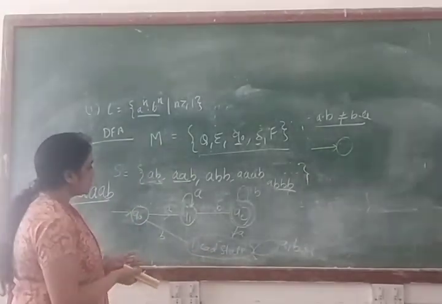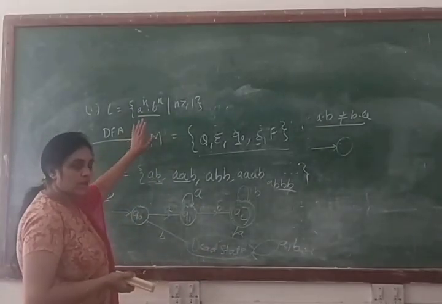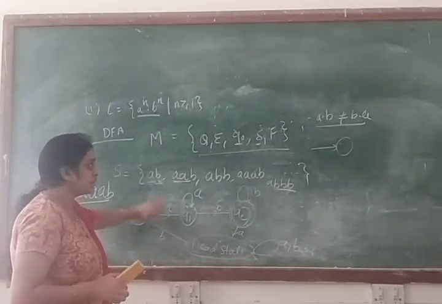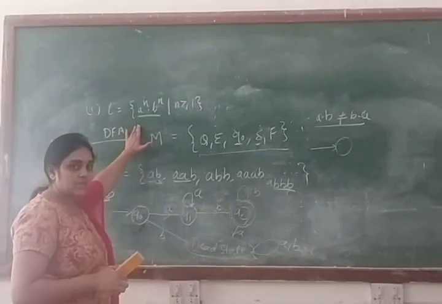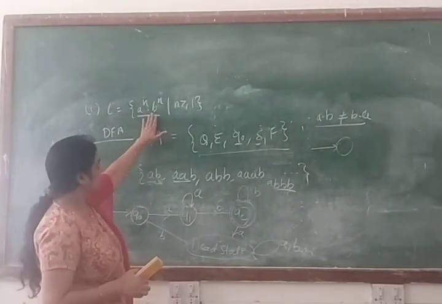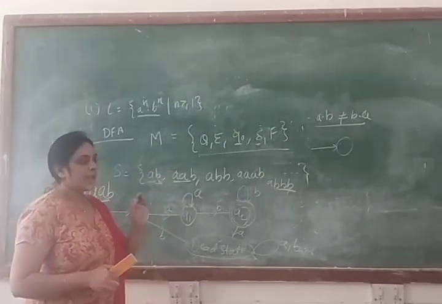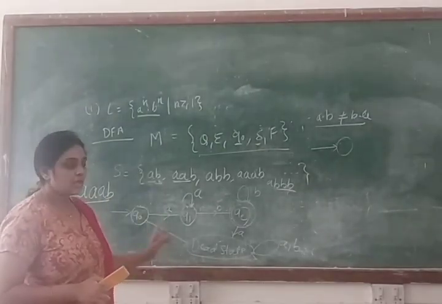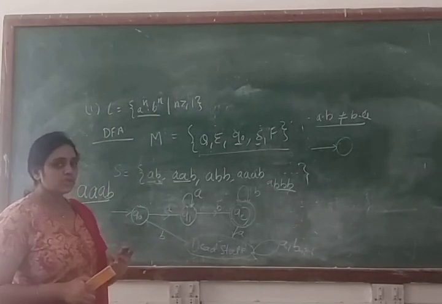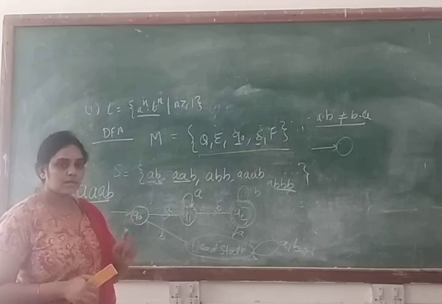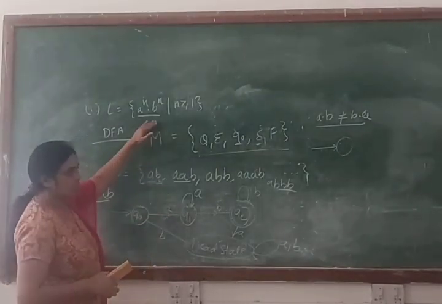So this is the machine for your language. Now you can check this machine will accept every string which is generated by this language and not accept any string which is not part of the language. Clear? And we are making this machine. This is a DFA machine. So in a DFA machine, if you don't have any choice, you will make the transition toward the dead state. Clear? So this is the machine for your language.